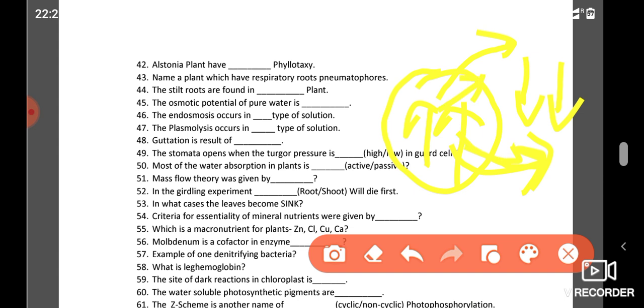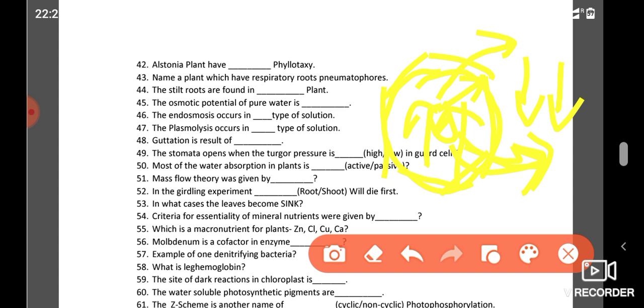Whenever the cell loses water, the protoplast content will shrink. The cell wall remains at its own position, where it was earlier. So generally people say the cell shrinks, but the cell never shrinks in plasmolysis, the protoplast shrinks. The cell wall does not shrink. All of the contents, the endoplasmic reticulum, mitochondria, Golgi bodies, all get shrunk inside a small packet.